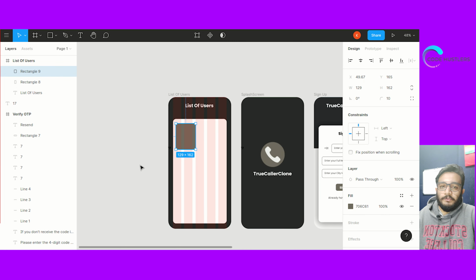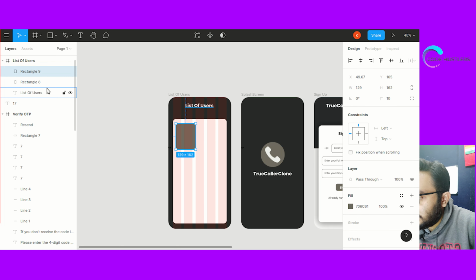Now in that, we'll show an avatar kind of icon, but we will not be showing this avatar. Instead we'll show initials of the name, like if there is a name like John Doe, you can just show JD, something like that.